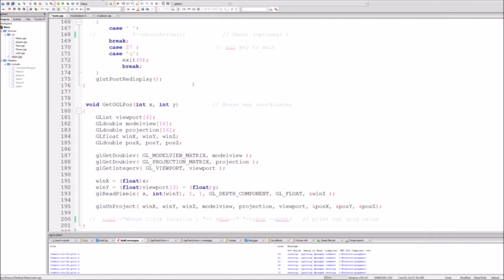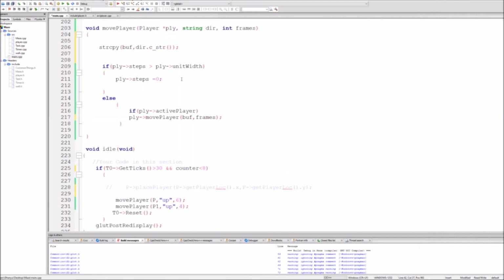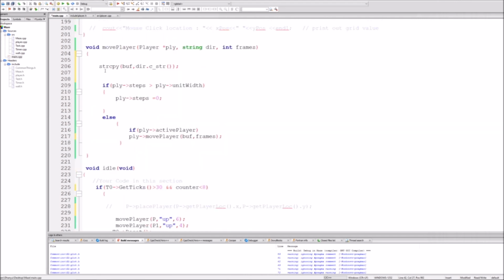Okay, so now come back to move player. I'm copying my string to this guy, right? Well, there's a problem if I do that. You know why? It's going to copy, I'm not sure, yeah, it will copy from the beginning, right? Each time it's going to be